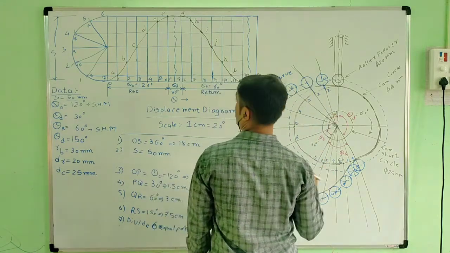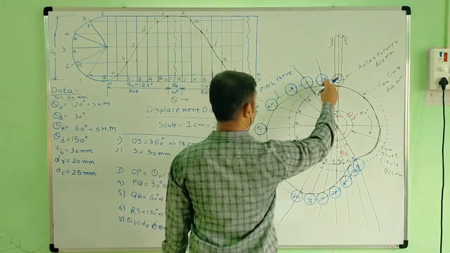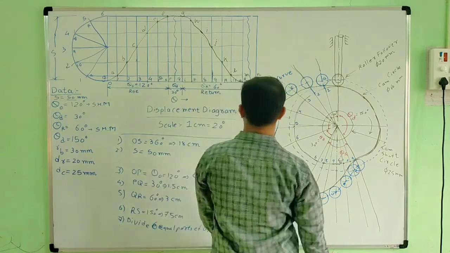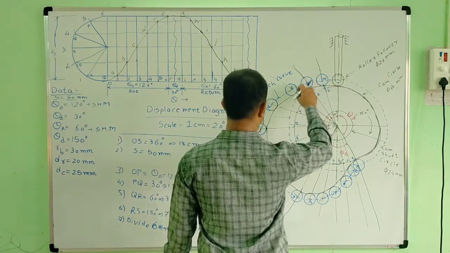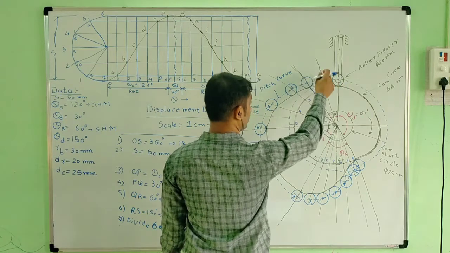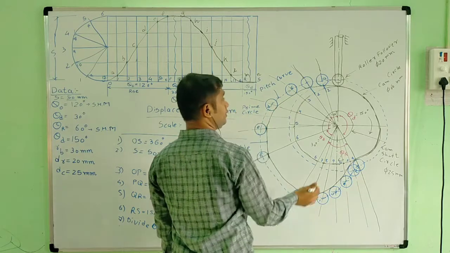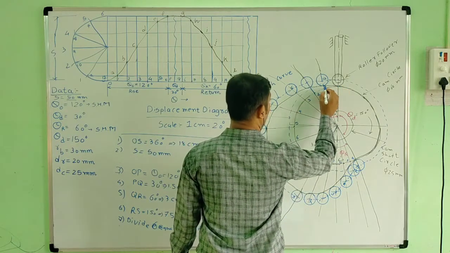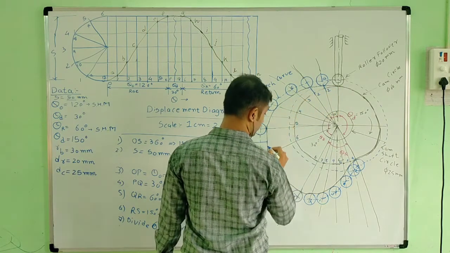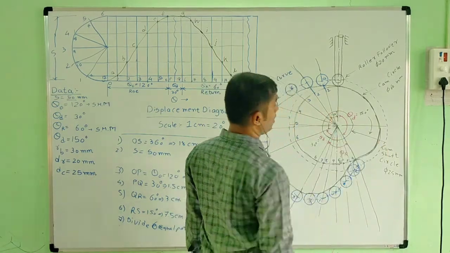Okay, then next from the displacement diagram we have to measure 1A. Then the same procedure up to point 12. Then all these points are centers and make the roller diameter. Okay, so make a roller. Now make the rollers on all these points. Then we have to draw a curve and join the rollers. Now we have to join it like this. Okay, then draw the pitch curve and make the prime circle.